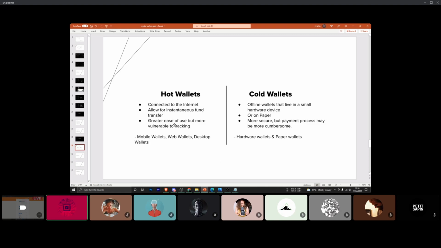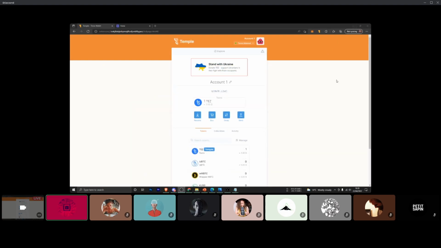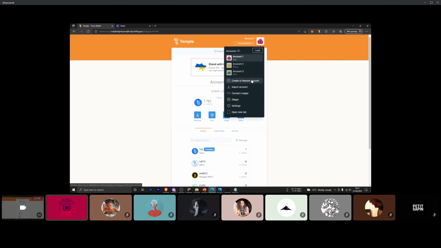I think it's good for you to understand how cold wallets and hot wallets work, and also seed phrases and private keys. So first of all, I want to show you how to add an account with a private key. For example, I've created this account and I've put 1 Tezos in here. So what I'm going to do is